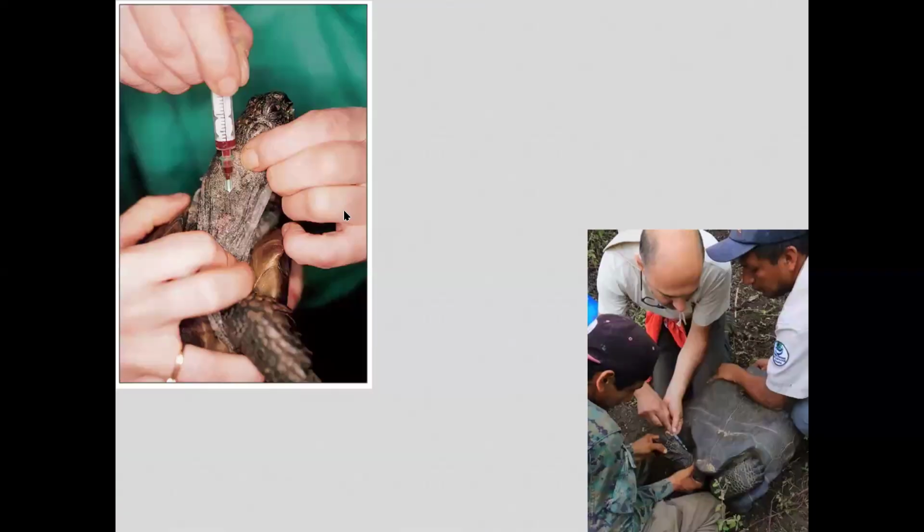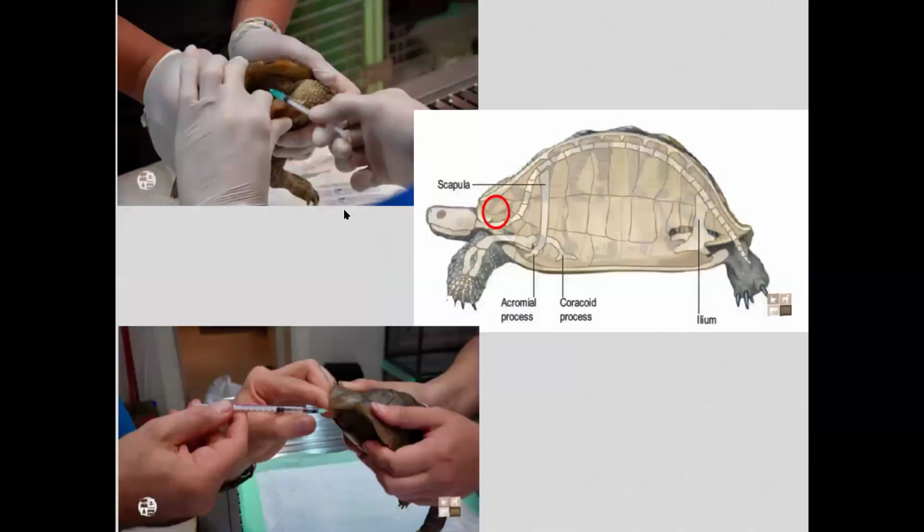This one is from the dorsal occipital plexus venous. This one is located in the front, below the carapace. But you must control their head and their neck. It's better if you anesthetize the turtle so they cannot move too much.